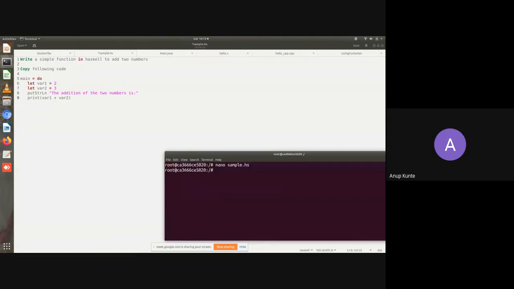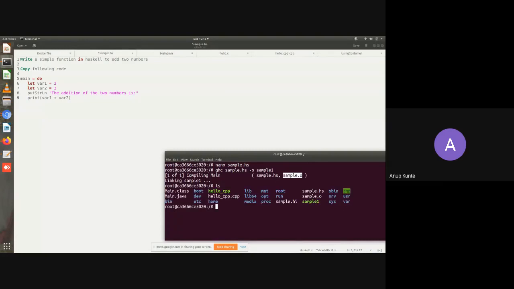This is the GHC compiler. I can write ghc sample.hs and redirect the output into a file named sample1, and I'll execute. So it is compiling Main, then linking, and then you come over here. It said that sample.o is the output file that it has created.